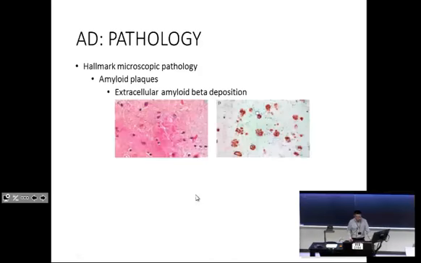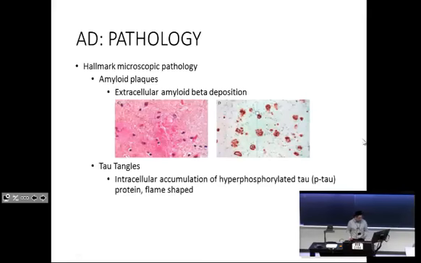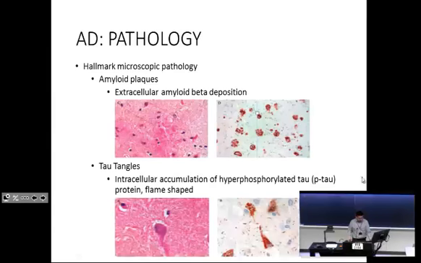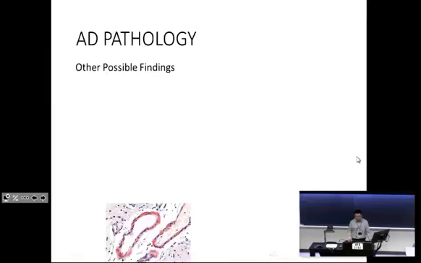And the hallmark are extracellular amyloid plaques, focus on the extracellular for esoteric exam purposes, due to amyloid beta, and the intracellular tau neurofibrillary tangles that are flame-shaped. That's pretty much it. Next time you will see these slides after medical school will be on the Royal College if you decide to go into neurology, or I guess if you go into pathology as well.